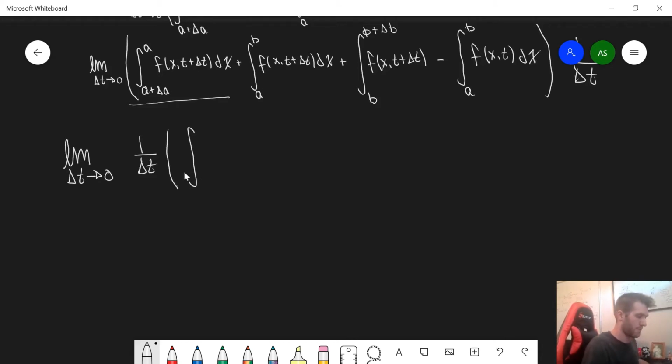So from a to b of our function composed with x comma t plus delta t with respect to x,